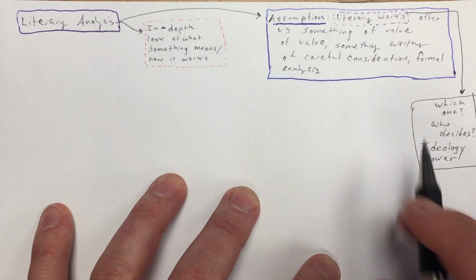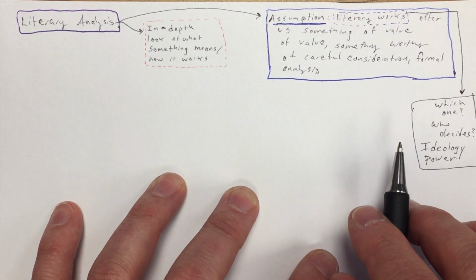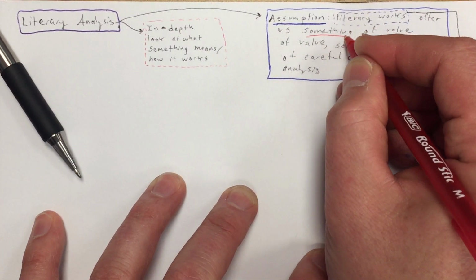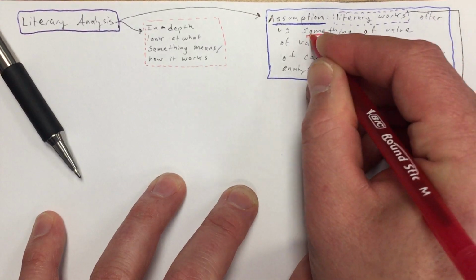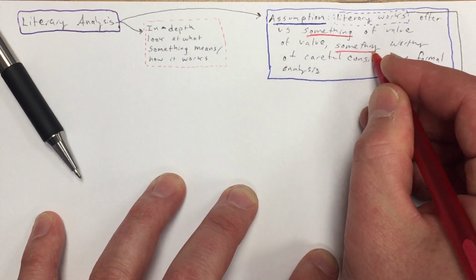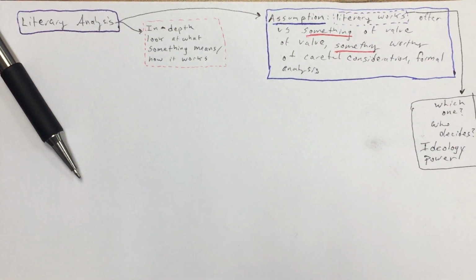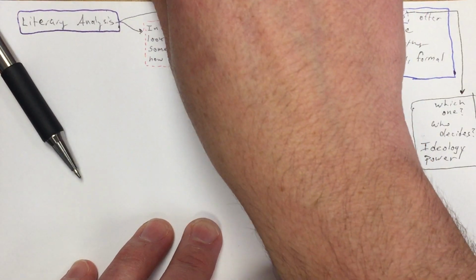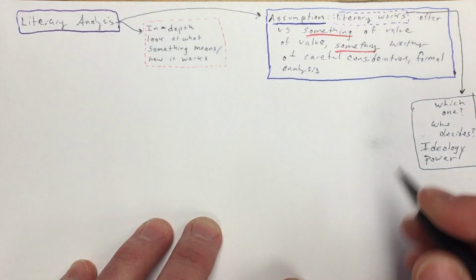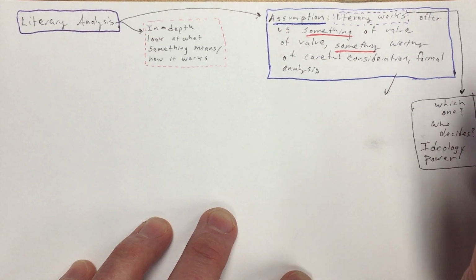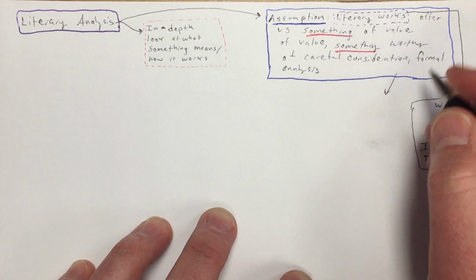The next thing I want to get out there is that when I say something of value, I'm going to underline this word, something. What is this something I'm talking about? The something of value, something worthy of careful consideration. What are these somethings? What are the somethings of value that might be contained in a literary work? Well, it could be something. I'm going to give you a lot of